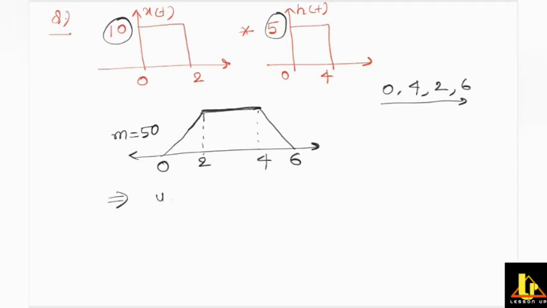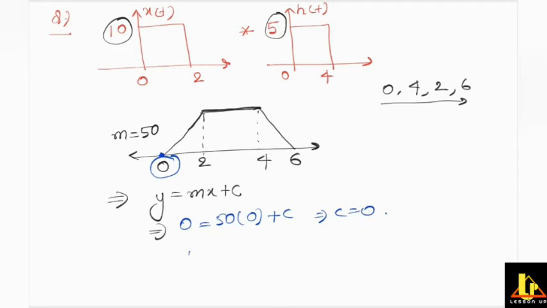Now equation y is equal to mx plus c, where initial value of y is 0. Here initial value of y is 0 and x is also 0 at this initial point. So here y is equal to 0, m is equal to 50, x is equal to 0 plus c. So c will be equal to 0. So what is the value of y? That is 50. What is the value of x actually? X is actually the t axis, so I write 50t.